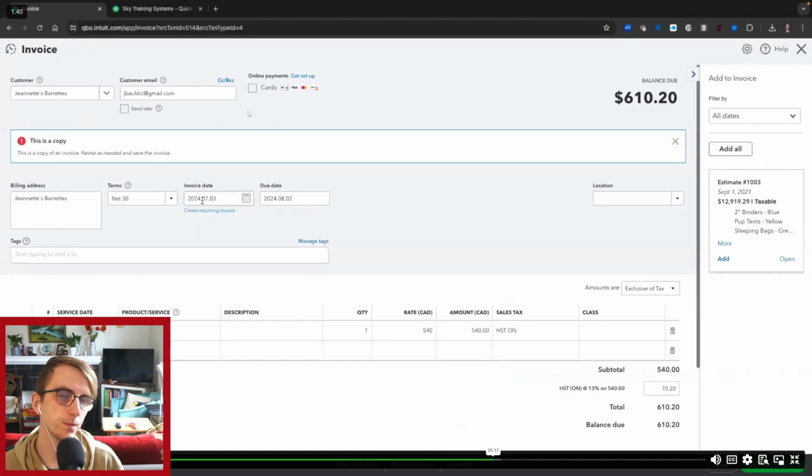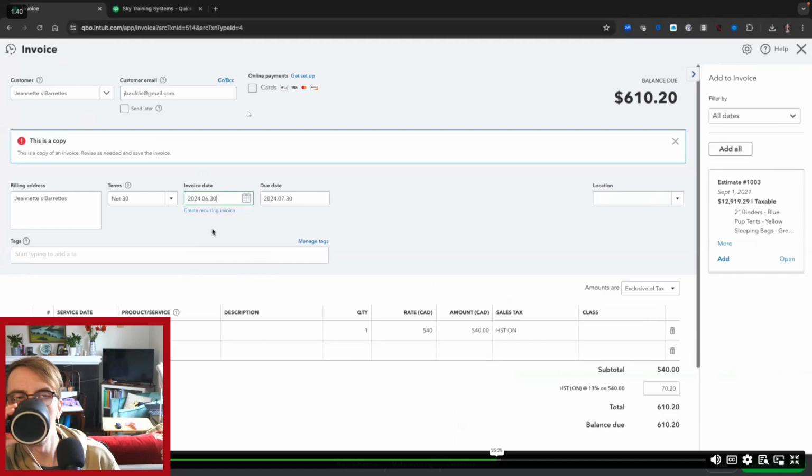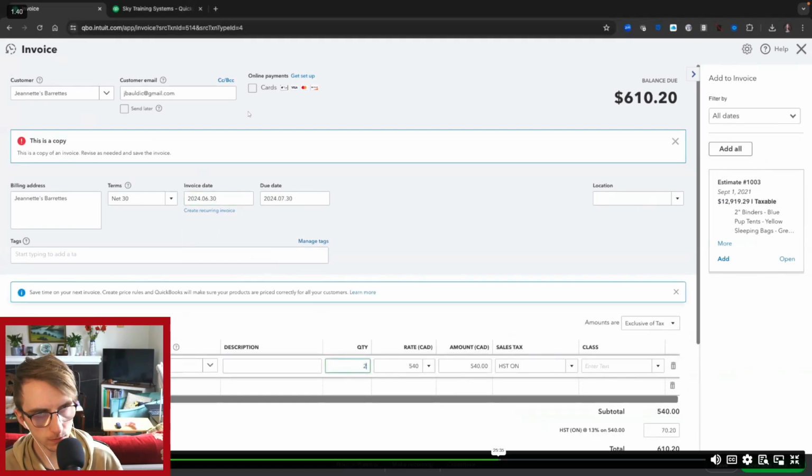Now we've got a brand new version dated today, or dated currently. Today is not July 3rd. We can decide what date we want to create that invoice. Maybe we're going to create it on June 30th. Maybe it's the last of the month. We can update our services. Maybe the amount is no longer 540, or maybe it's 2 amounts at 540. We know that this is a copy, so we want to make sure that we update it, and then we